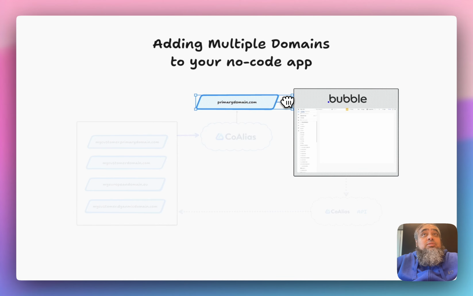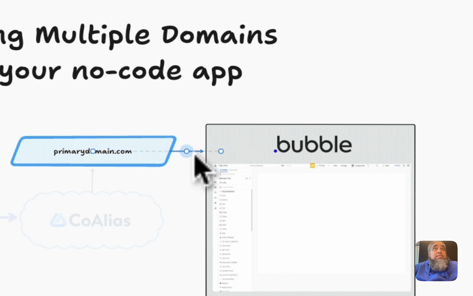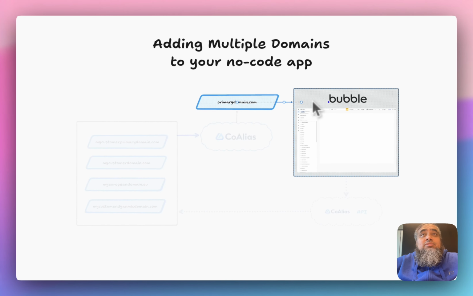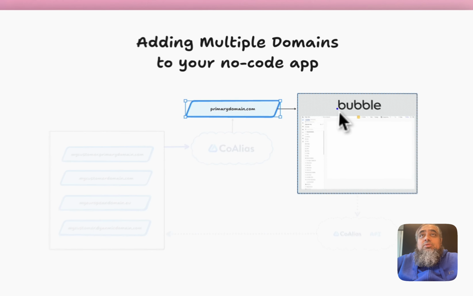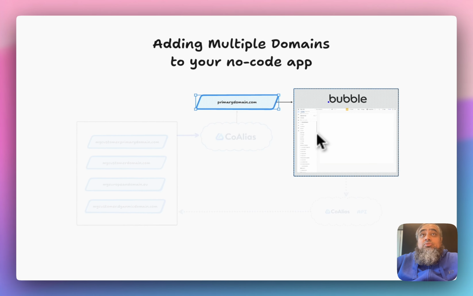And the connection happens when you change your DNS records. So Bubble gives you 4 IP addresses. You change that in your DNS, and after that, when you go to primarydomain.com, your Bubble app loads, and that's